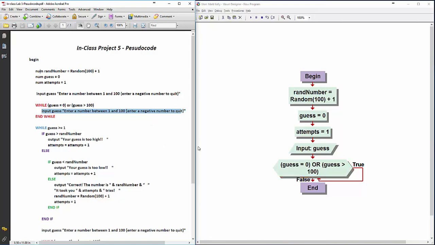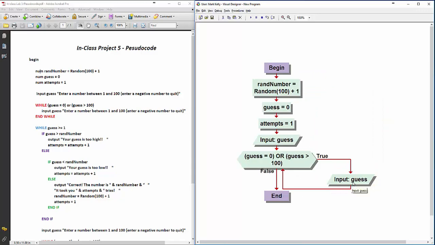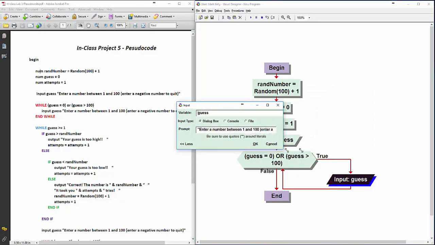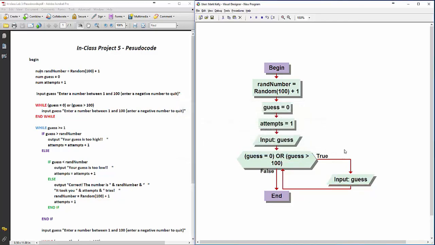So what I'm going to do, rather than type all that again, I'm going to go up here to this input because it's the exact same input. I'm just going to right click on it and click copy. And then I'm going to click here on the true side and click paste because it's the exact same input. I'll double click on it and you can see that it's the exact same. It just saved me from having to type that again. So if this is true, it's going to ask them to input another number and it's going to check it again. If it's false, then we go to our next line of code,